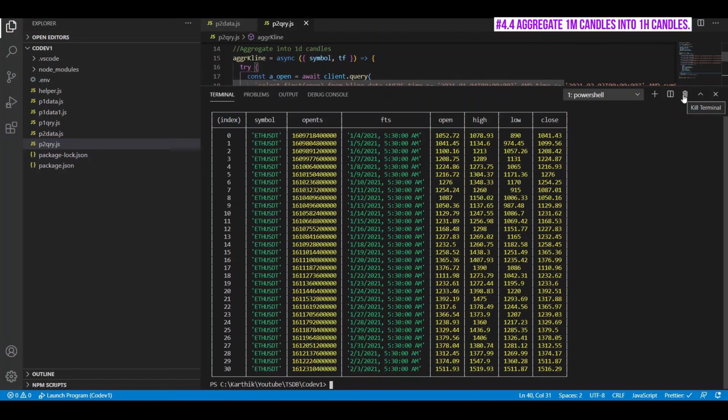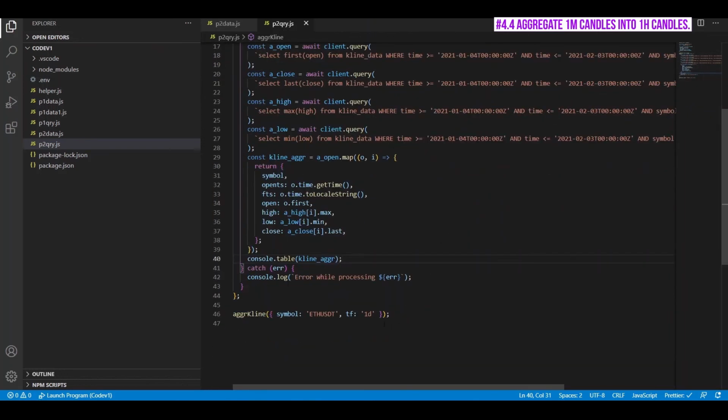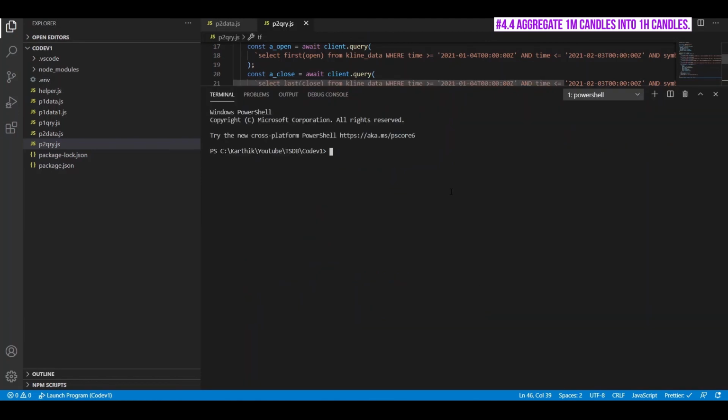So let me do one more example, and instead of 1 day candlesticks, I'll try to use maybe 4 hour candlesticks. Let's do 1 hour, and let's run it.